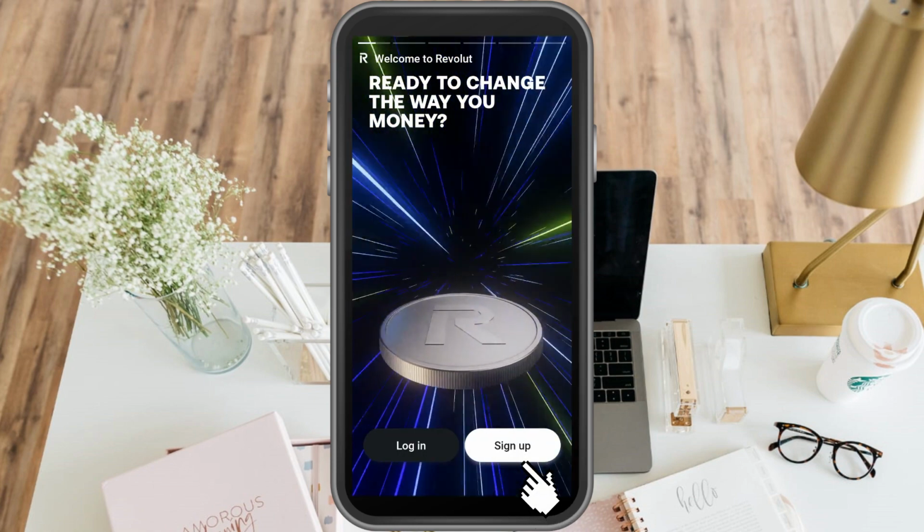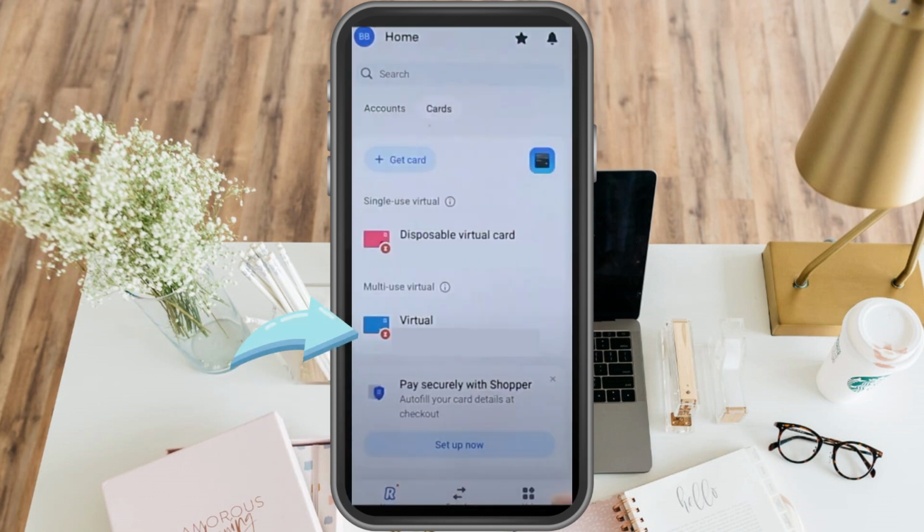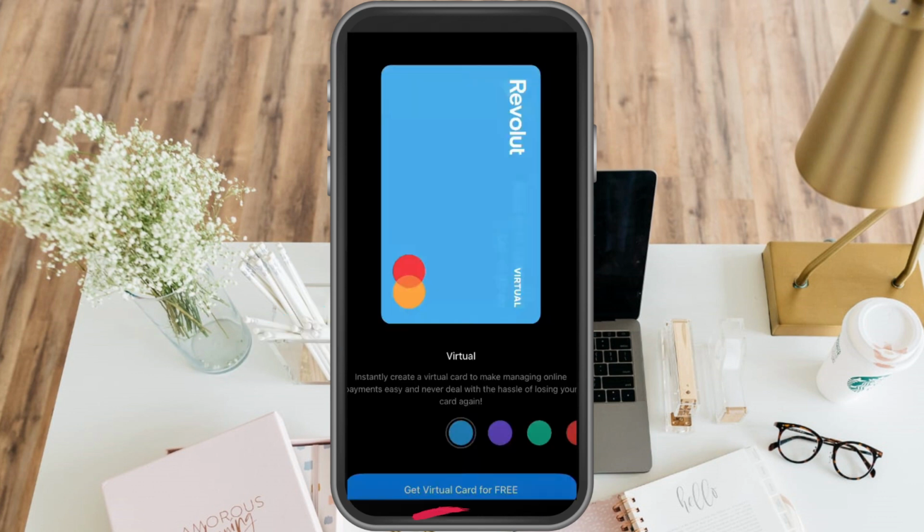Now you need to sign up if you don't have an account, but if you have an account already, click log in. And all you have to do is just simply look for cards option, tap this one, and then under get card, you can see here disposable virtual card or virtual. You just have to simply tap this virtual card right here and enter some information. So, for example, this is what it looks like, and all you have to do is click this get virtual